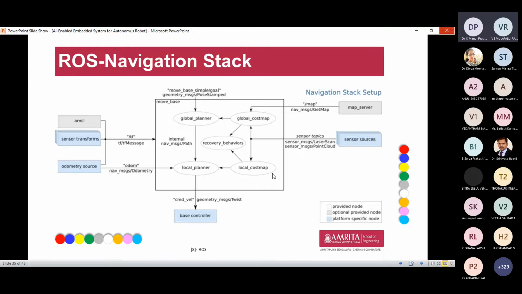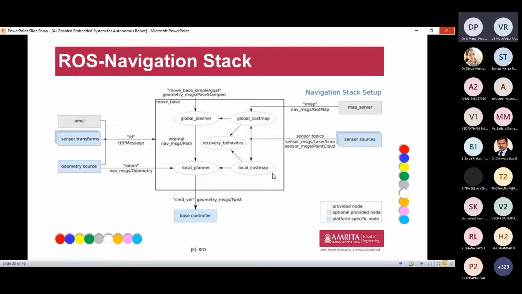The odometry source tells about the position, the mathematical models of the robot, and the angles, roll and pitch, whatever it may be, and the information passes to the main ROS. In the same way, if you have any sensor elements like cameras or any type of sensor materials, the information is sent as TF messages, that is, transform messages.